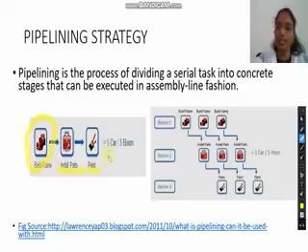So the time taken, or how many cars that they can produce in 3 hours is 1 car. Okay, so let us assume this in this way. So now when this pipelining concept is applied, what happens is this serial task can be applied, and instead of producing or manufacturing 1 car in 3 hours, we can manufacture 1 car in 1 hour. So how is it possible?